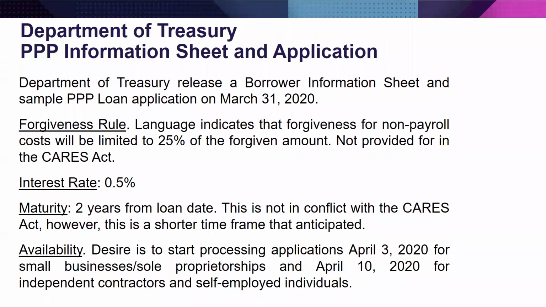The stated interest rate, remember, can't go above 4%, but word is it's going to be 0.5%. The maturity date is 2 years from the loan date. So this is not in conflict with the CARES Act, but it's much shorter than I think a lot of people anticipated. Especially when you take into account this 75-25 payroll cost to non-payroll cost forgiveness issue, I think